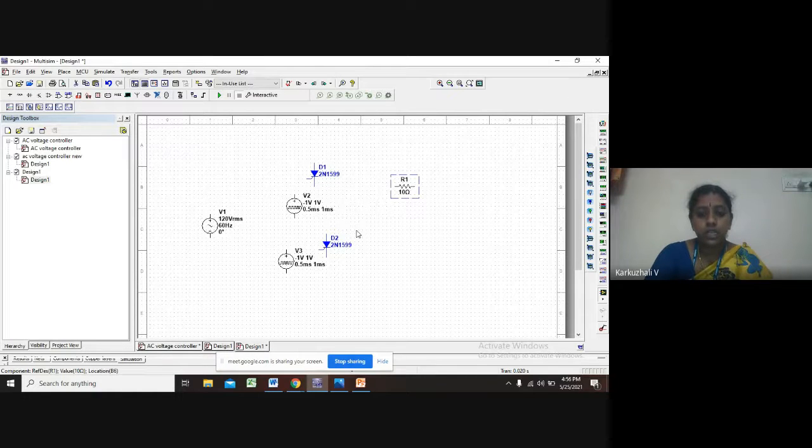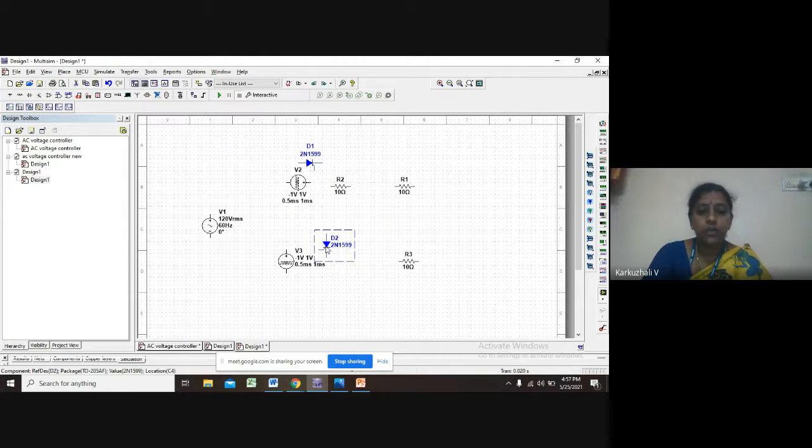So Control C and I can give Control V, so that Control C and Control V option also works for it. So the software becomes user friendly. Also the components can be easily rotated using the Control R option. R for rotate. So I can place it here. So this is how we can rotate using Control R option. Okay. And I require one resistor for this.